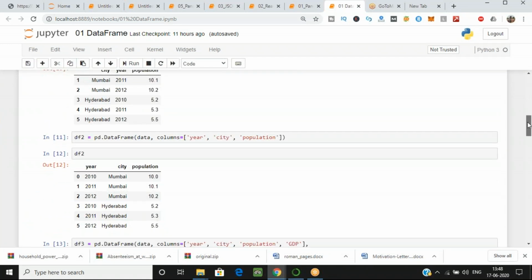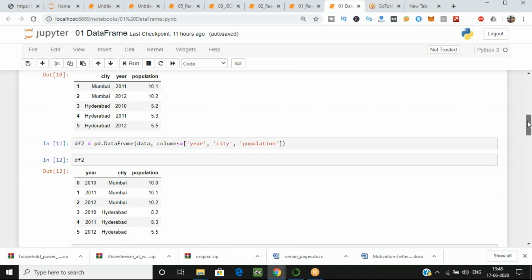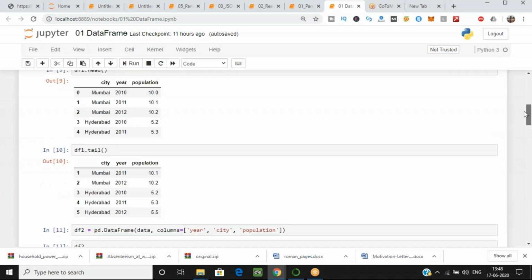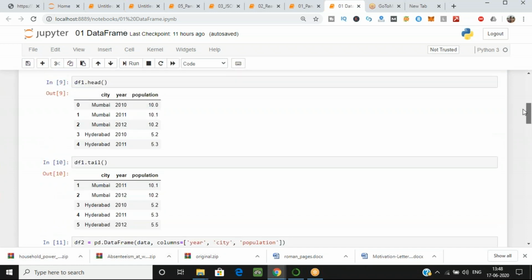Okay, now on that data frame, you should try to take only two columns. Just take year and population. Just try to do that, or write the command over here.